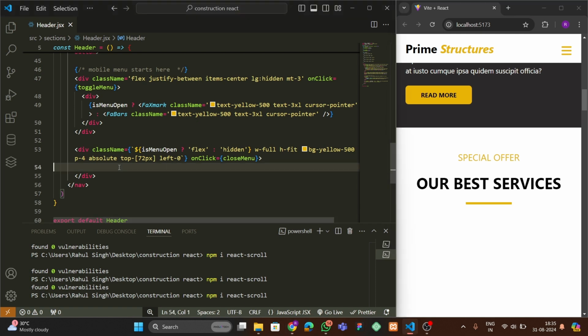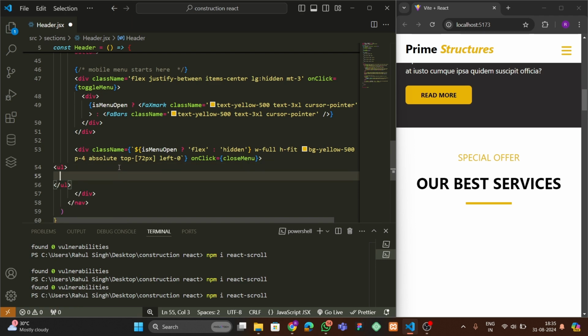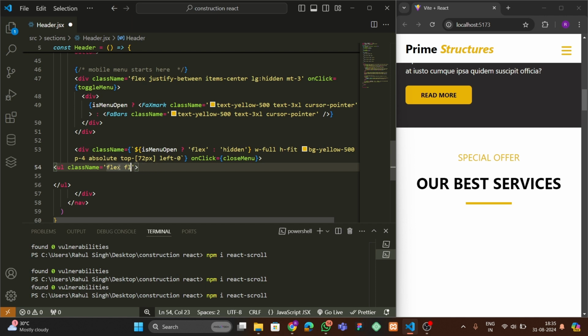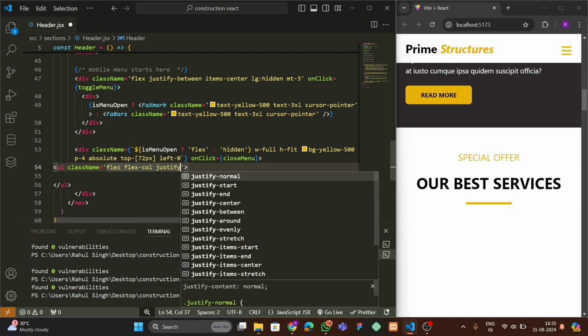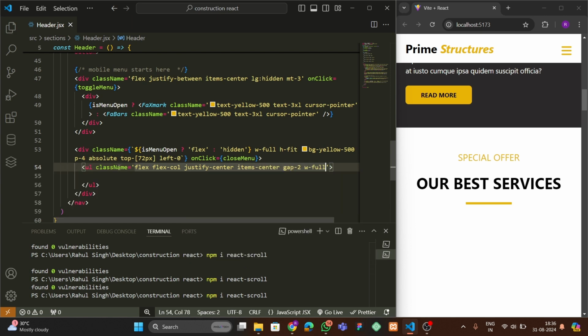Okay, and after that here we have to add the UL tag inside this, and let's style this class flex, flex col, justify center, item center, gap, width would be full,